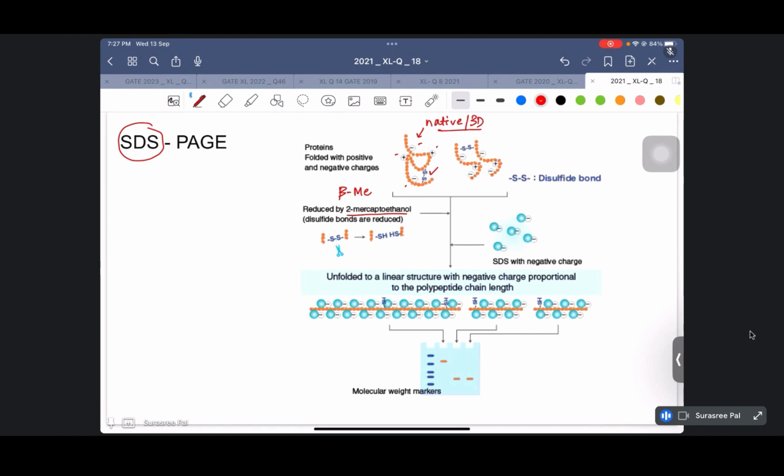But that is also done, and that is called native PAGE, or we also call it non-denaturing PAGE, where the proteins are not separated according to their molecular weight, but the proteins run in their 3D form, in their 3D structure. However, in SDS-PAGE we do not do that. SDS-PAGE is a denaturing type of PAGE,